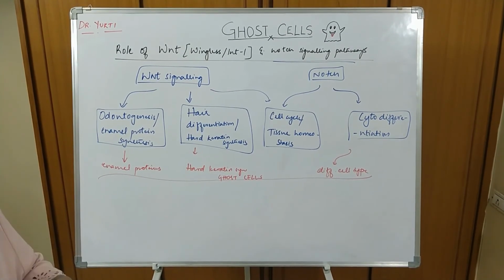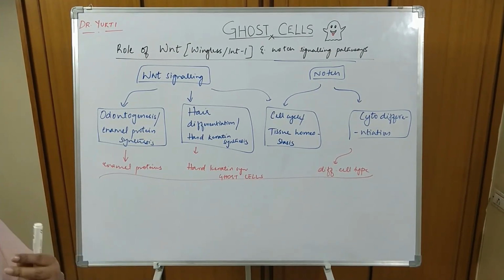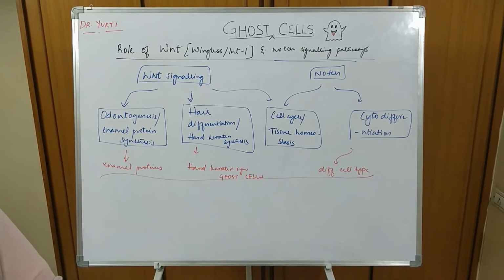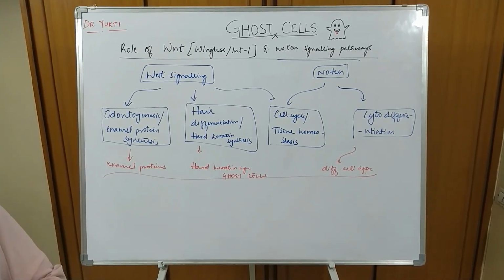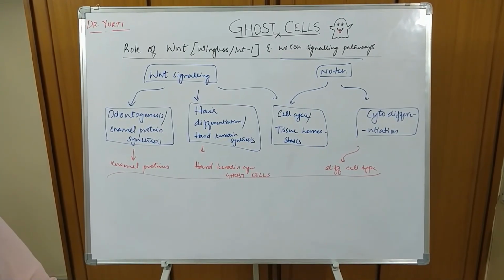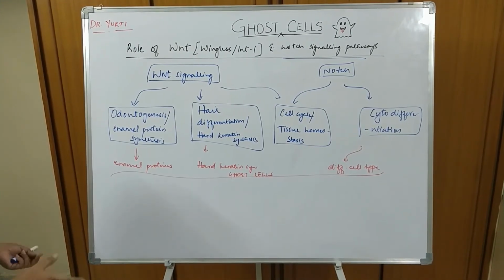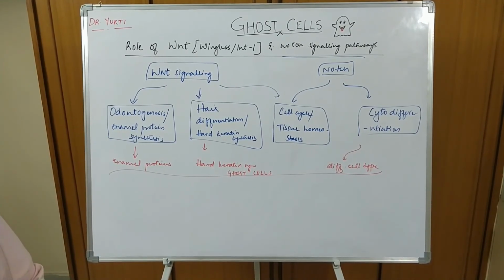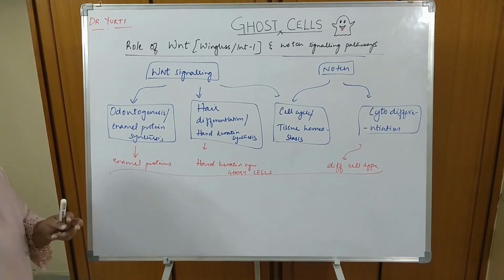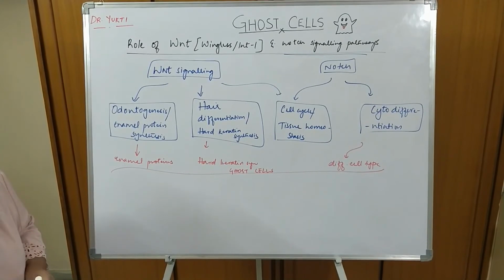Because the tumor cells are undergoing apoptosis, that is cell death, it is probably relieving the stress. So the neoplasm is becoming a little less aggressive. That is nothing but the banal behavior. So generally ghost cells are related to the banal behavior of a tumor. Apart from this, there is nothing much to say or to learn about the prognosis of ghost cells, right?